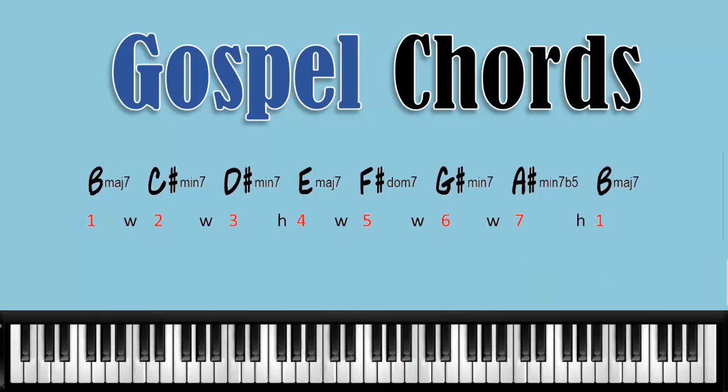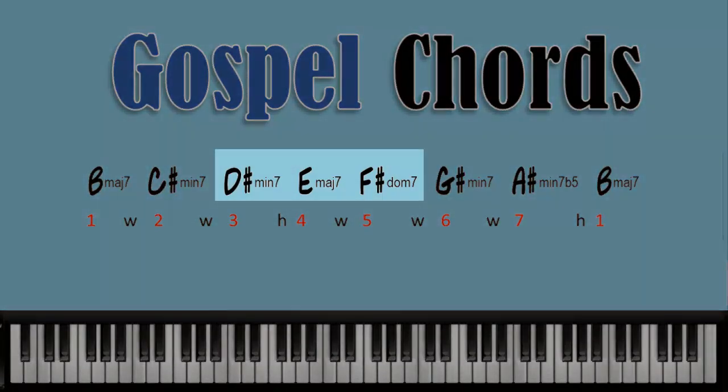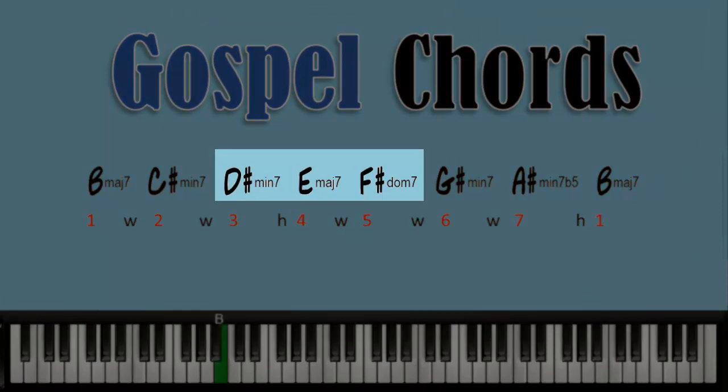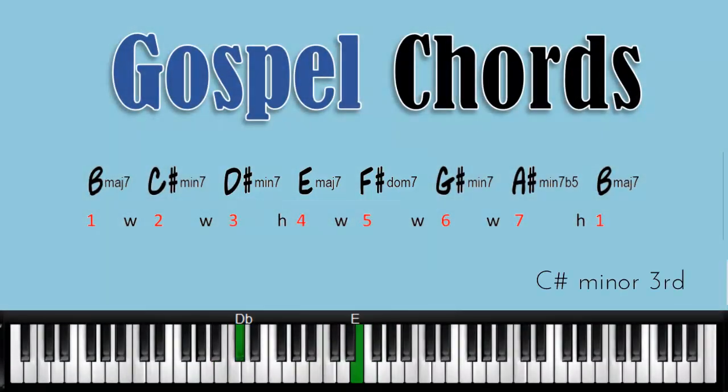Okay, when you look at the scale, you can see that each scale tone has a chord associated with it. So one of the pieces of information we get is whether the chords are minor, or major, or dominant. So we have B major, C sharp minor, D sharp minor, E major,